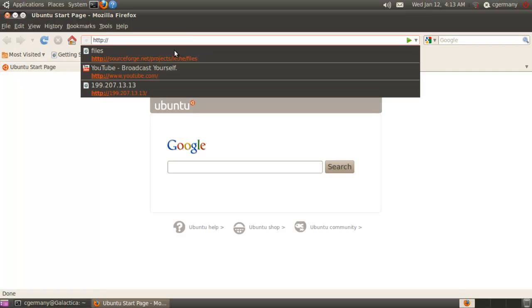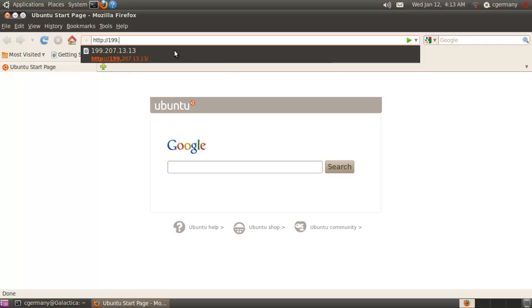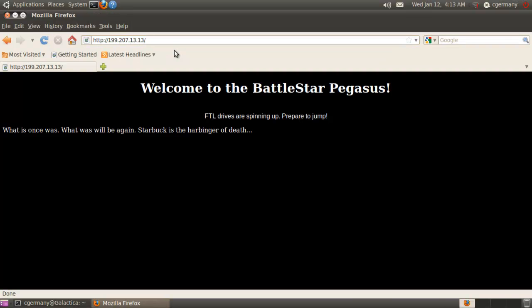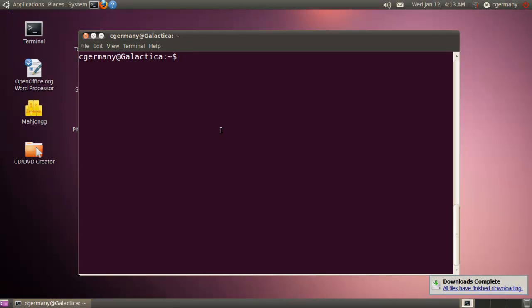And I just want to go and do the same thing, 199.207.13.13. I'm just going to go to Pegasus. Alright, and I'm able to load and display my web page, no problem. So we verified that all of these services work from the client Galactica in terms of accessing the server Pegasus. Now let's go configure some rules on our firewall,